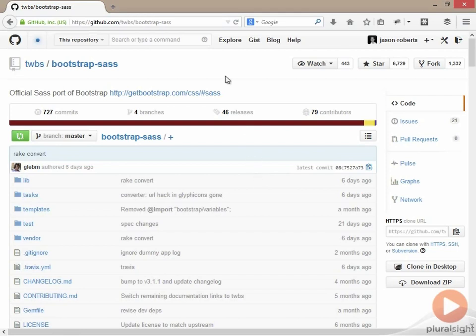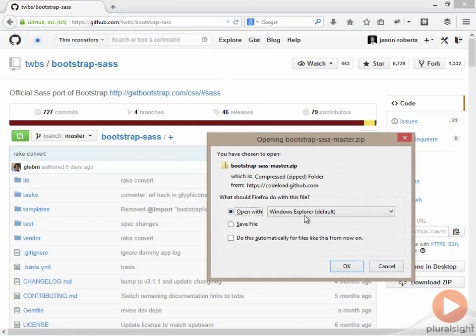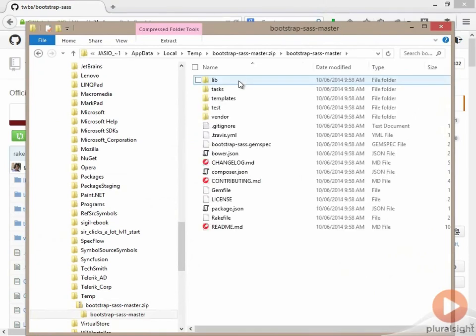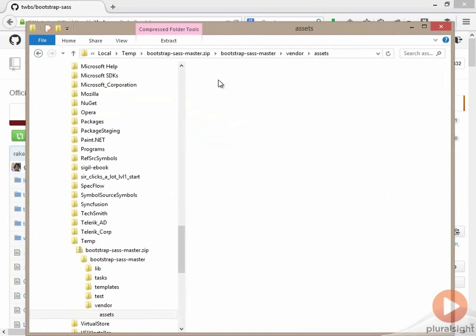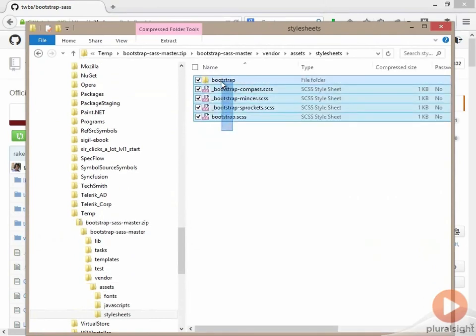So here we're at GitHub, twbs/bootstrap-sass. First off, we're going to download the zip file of this repository. We're not going to use all of the repository, so I'm just going to say open with Windows Explorer. And we're going to go inside here, into the vendor folder, into assets, and into stylesheets. So we're going to copy all of the contents of the stylesheets folder, including this Bootstrap folder here. So let's copy this